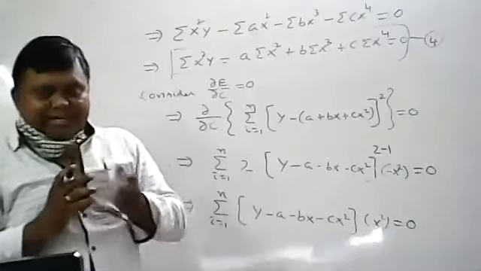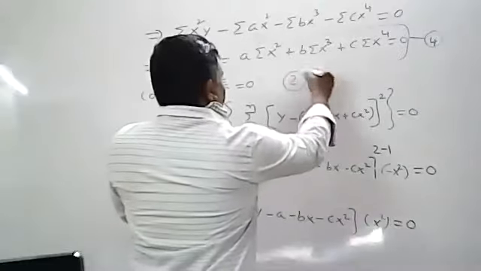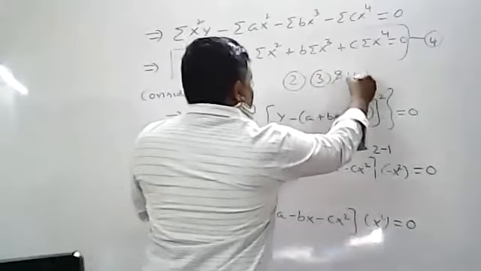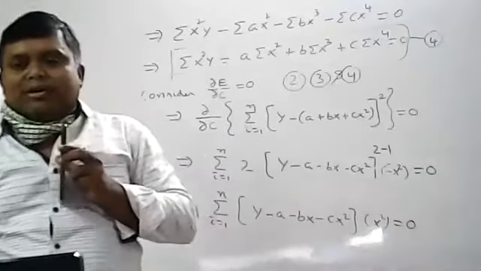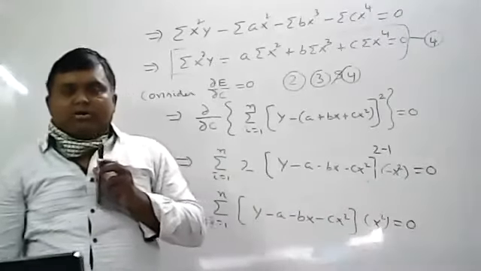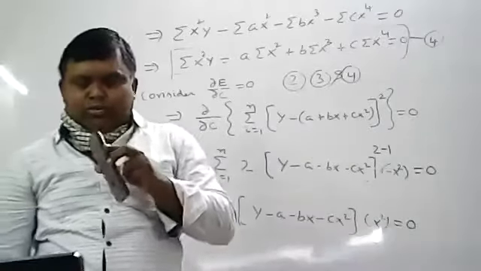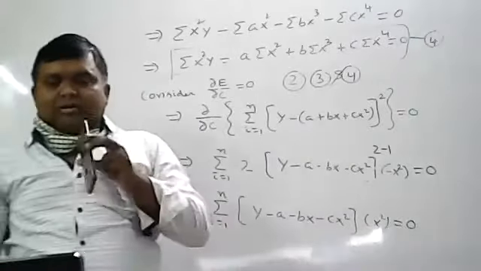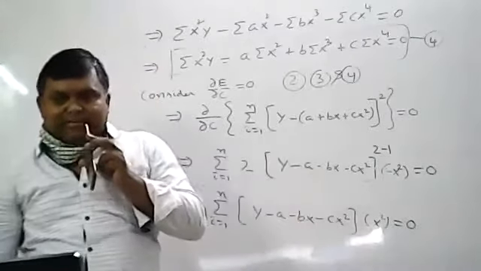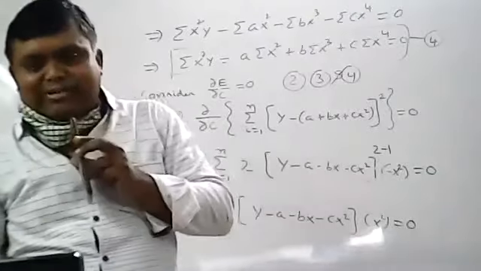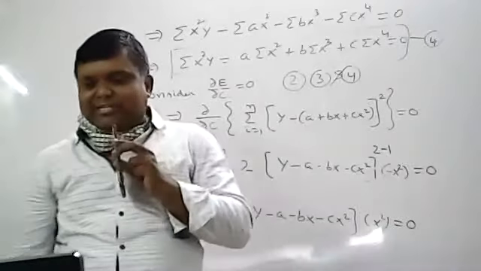Right. Next line. Equations 2, 3, and 4 are called normal equations to equation 1. Full stop. Continuation. After solving these normal equations,